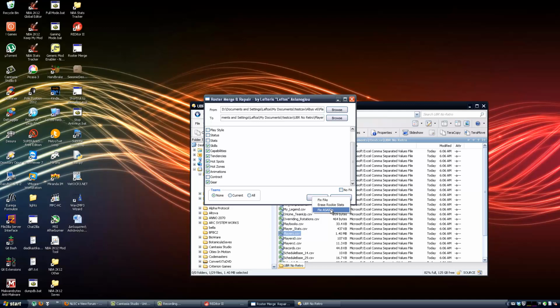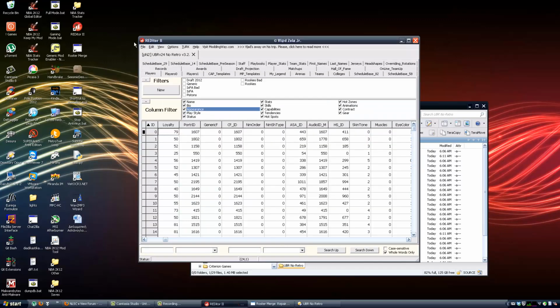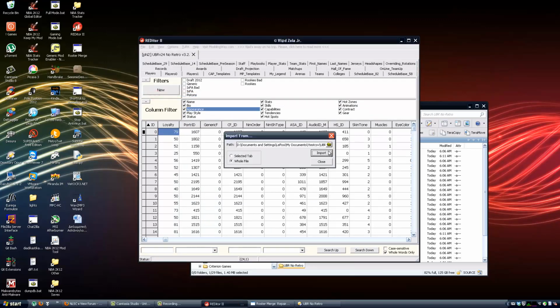Very useful features. You should use it. You should use all three of them in your roster. They're really easy to use. You just click on the repair option and it says done. Click on the next repair option. It says done. Click on the next repair option. It says done, and then you go back and import everything